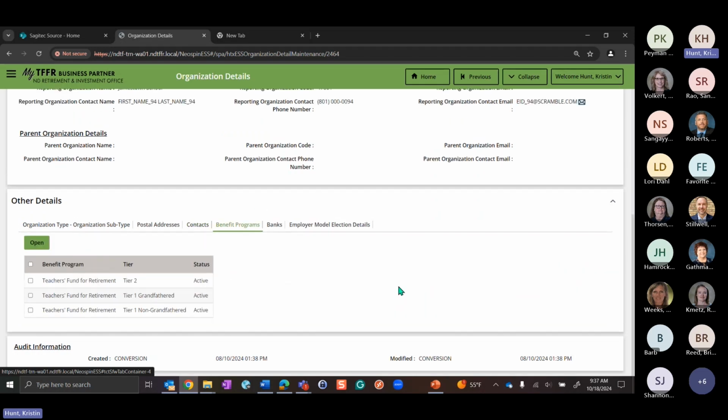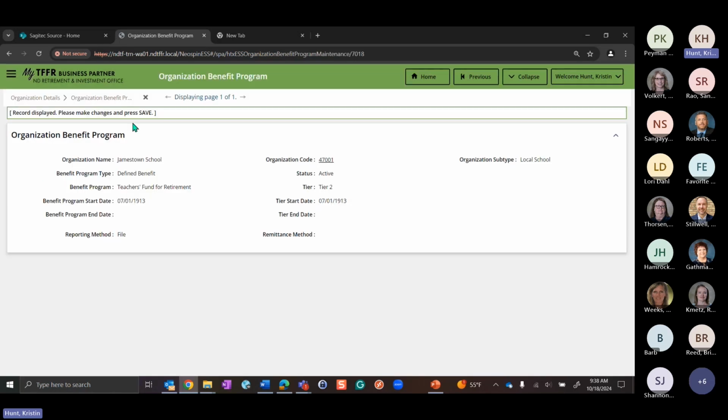If I click on that, you can see all the different benefit programs that are associated with this organization. Then you can see their status here and the different tiers. In order to view more information about that, you can select it and click the open button.